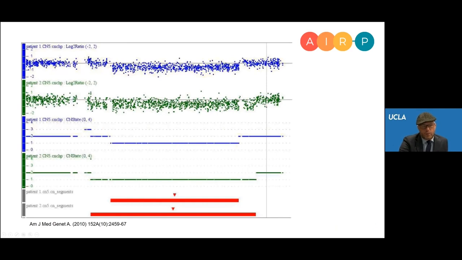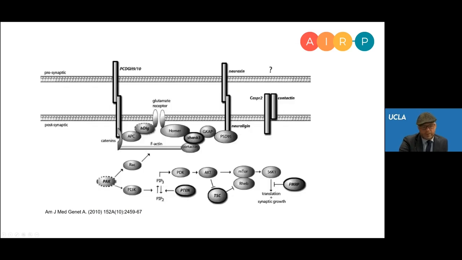And it turns out that when the microarray testing was performed, there was a region of chromosome 3 that was missing in one of the 2 copies of the chromosome in both individuals. And it turns out that that region includes genes that are now known to be important in the communication between neurons and facilitating the signals that promote that interaction between neurons to remain very stable. And what ends up happening is that